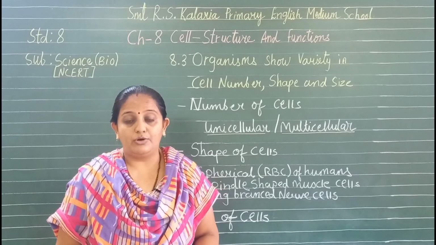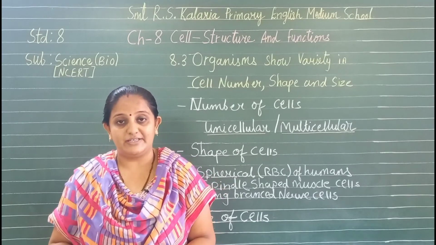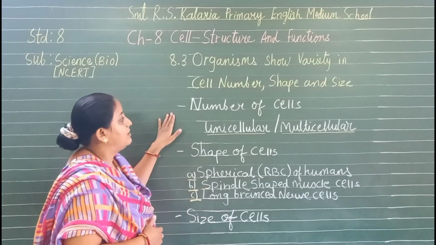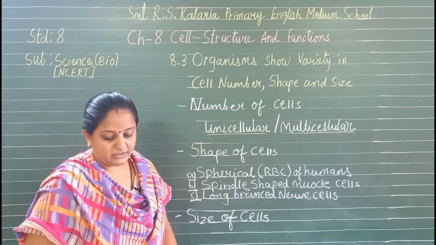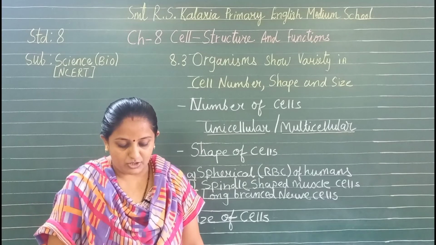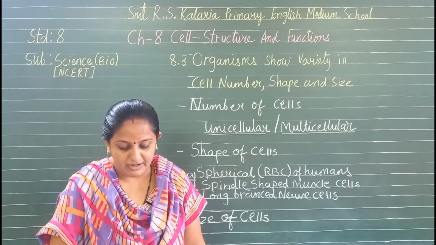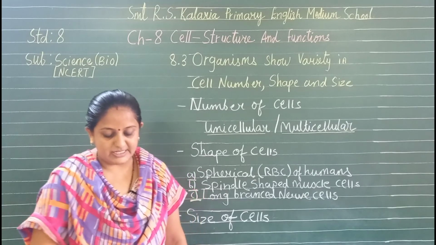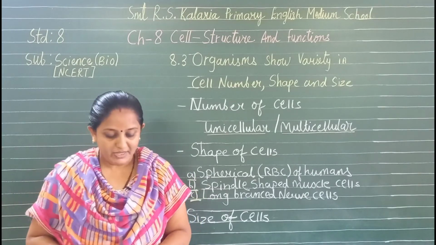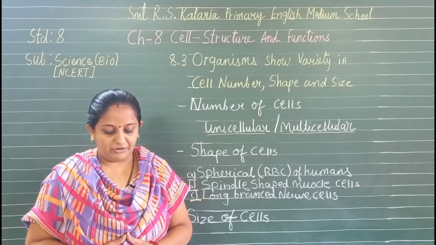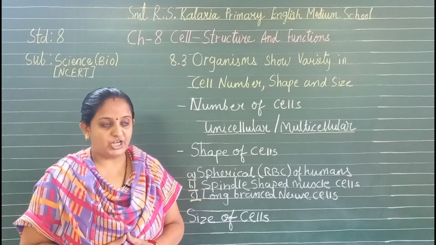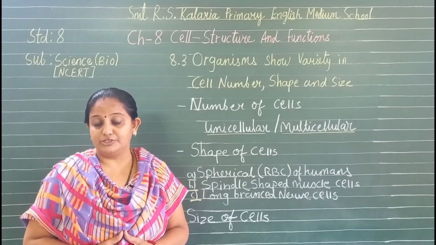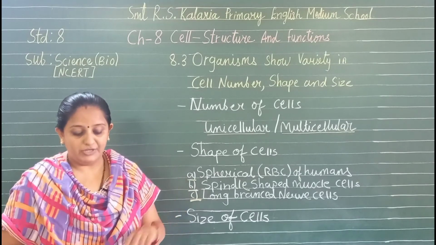We know that all organisms are different in shape, size and cells. So let's understand about that. The very first is the number of cells. Can you guess the number of cells in a tall tree or in a huge animal like an elephant? The number runs into millions and trillions. The human body has trillions of cells which vary in shape and size. Different groups of cells perform a variety of functions.